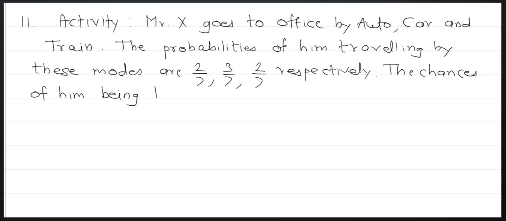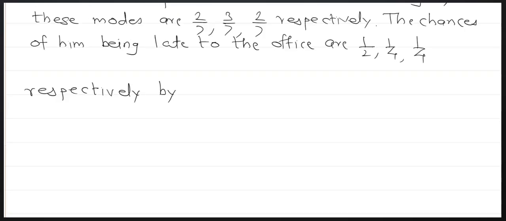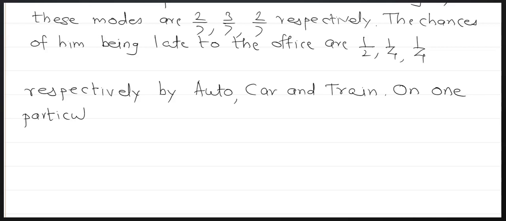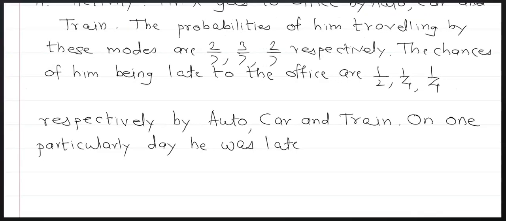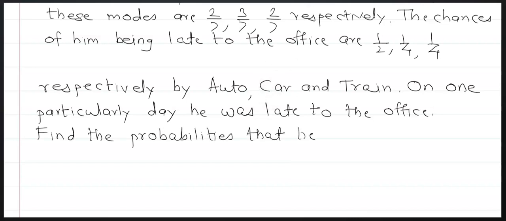The chances of him being late to the office are 1 by 4, 1 upon 2, 1 by 4, 1 by 4 respectively by auto, car and train. On one particular day, he was late to the office. Find the probability that